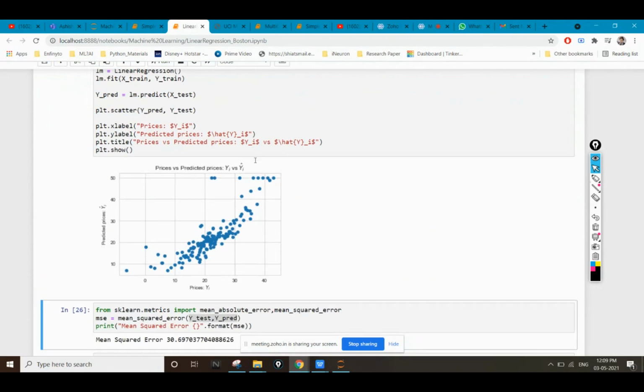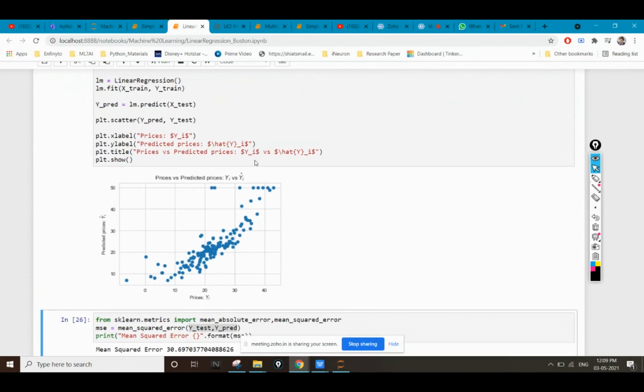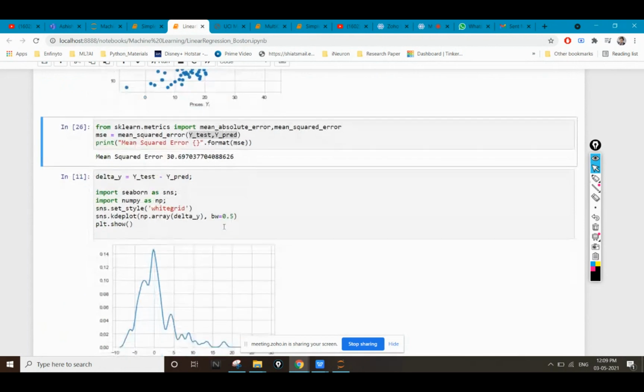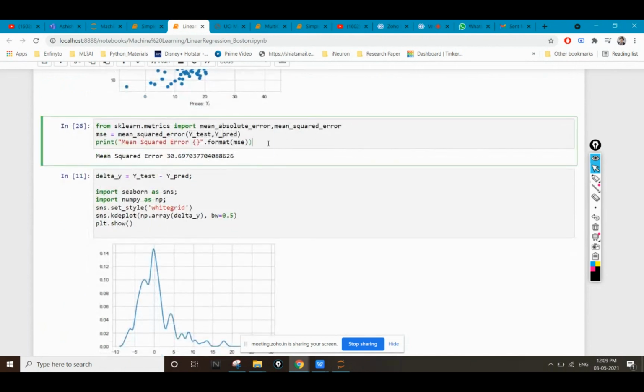But I'm not able to visualize here which values are my predicted values and which are my tested values. Let's see the error. In this case, the mean square error which I'm getting here is 30.